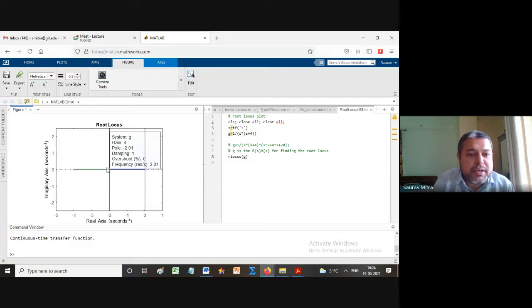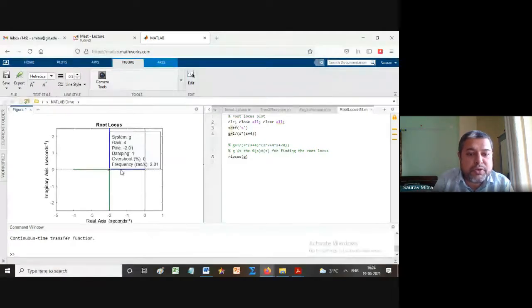So you can click here and you will know what this point is. This is the point of minus 4. You can see here this is minus 4, and this is the value shown. Here it is 0. Exactly at this point is the breakaway point. This breakaway point is happening at k critical of 4. So at k equal to 4, you find damping is equal to 1. And this is the pole at minus 2.